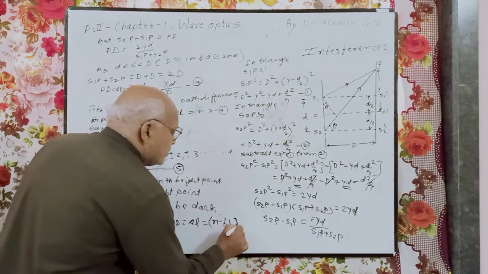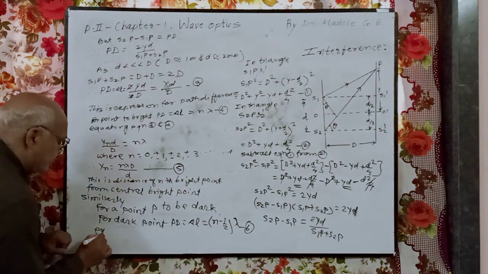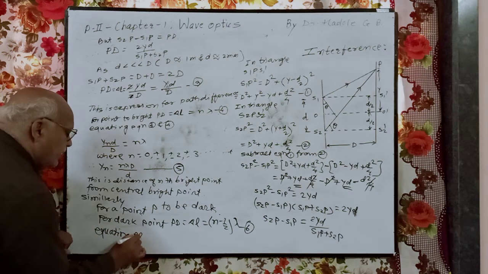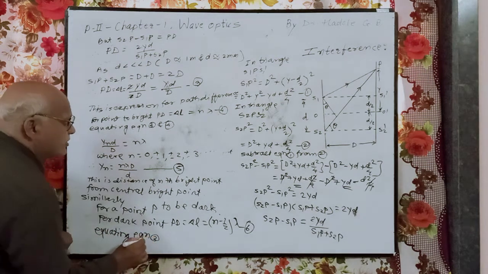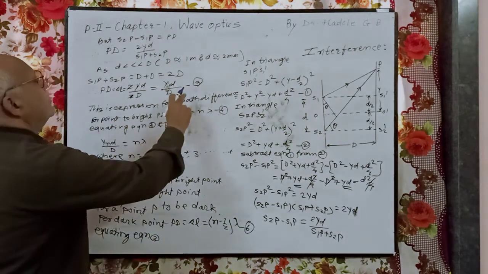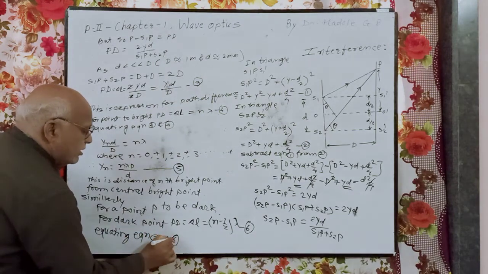Suppose this is equation number 6. Equating equation 3 and 6, we get,